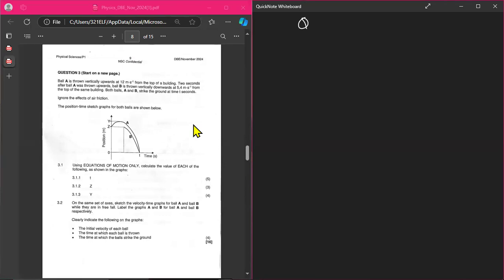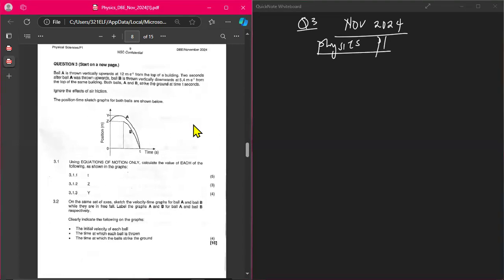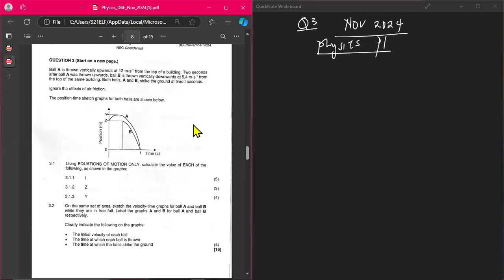Good day. Today we're going to be doing question 3 of the November 2024 Physical Sciences Paper 1. Good. One thing that made me like this question was the way it was structured, and it was very fun. Well, 3.1 says to use equations of motion only to calculate